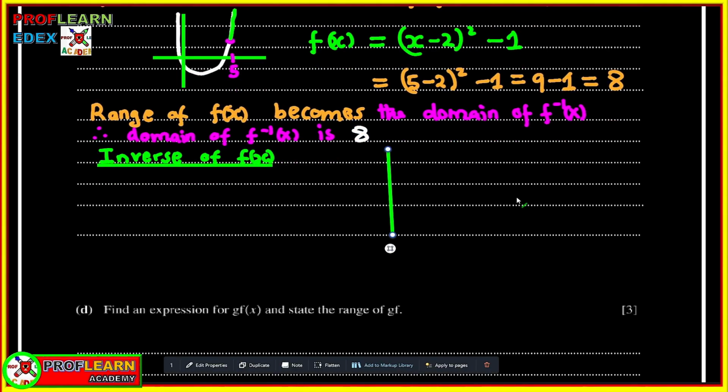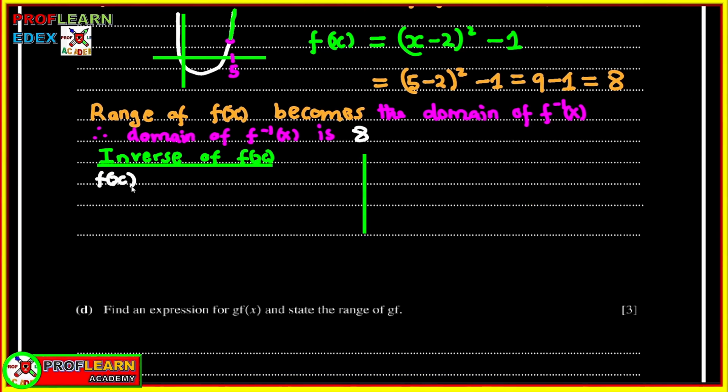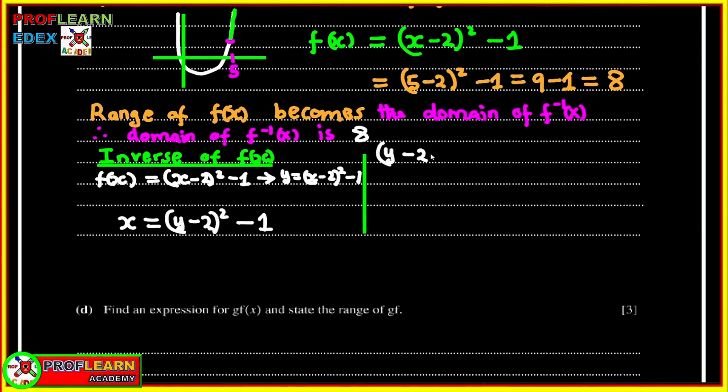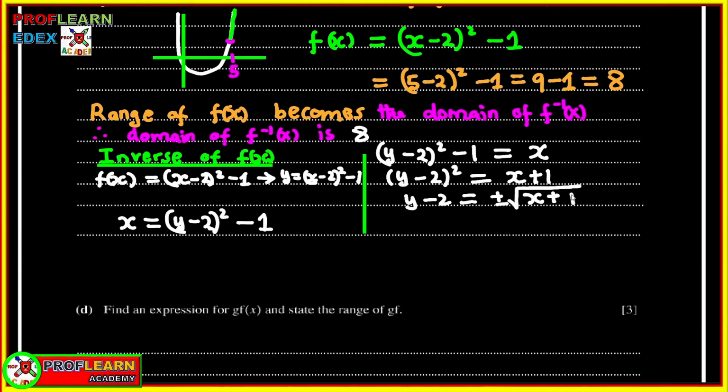So the next part that we want to do here is to work out the inverse of the function f of x. So first we were given this, and we have already completed the square. So you are going to change f of x to y, and next you are going to switch the values of x and y, and then you try as much as possible to make y the subject of the formula, and then you can now see we are going to have our inverse function, and then we're going to decide which one is going to be